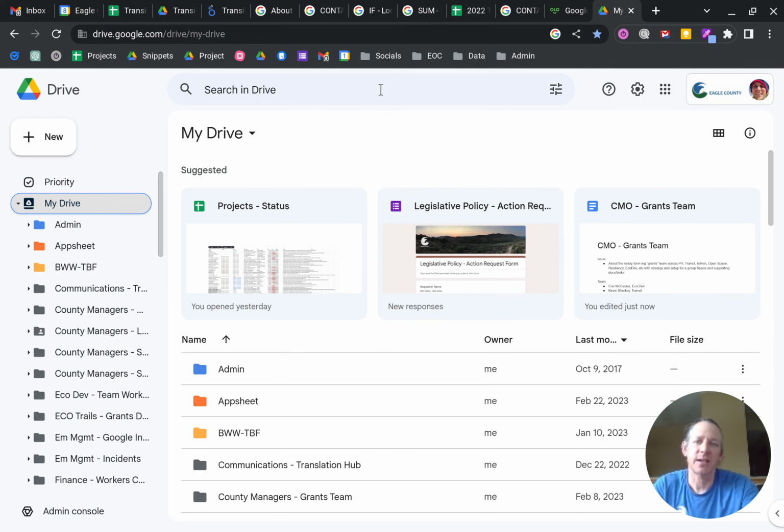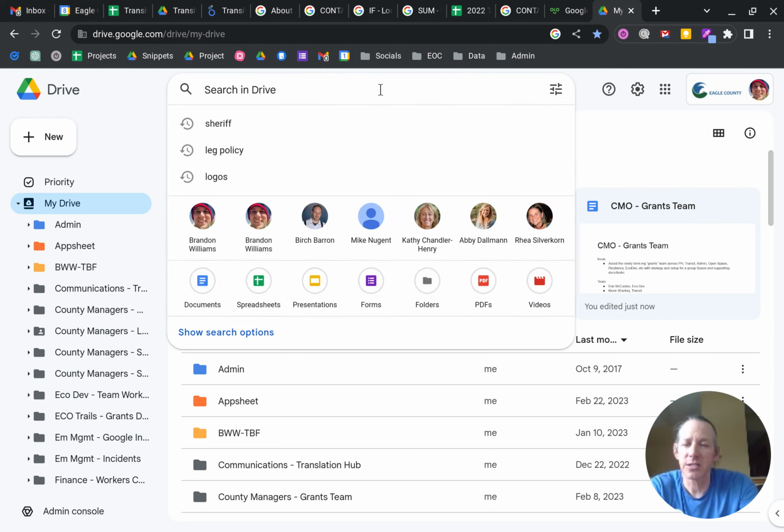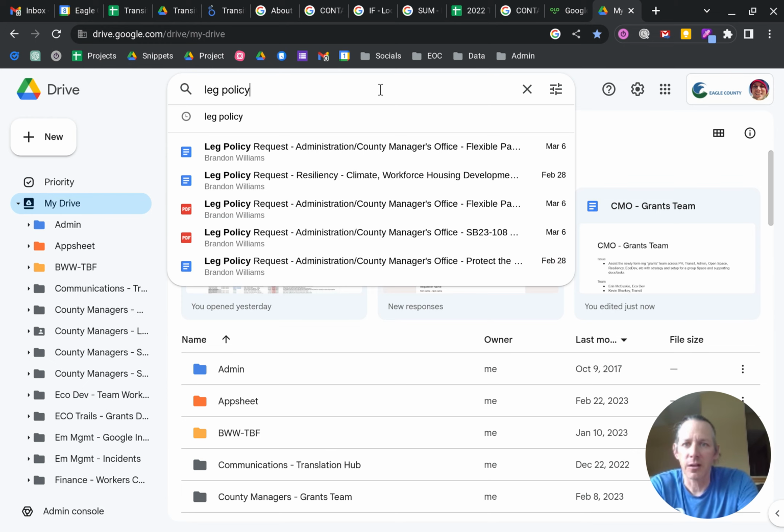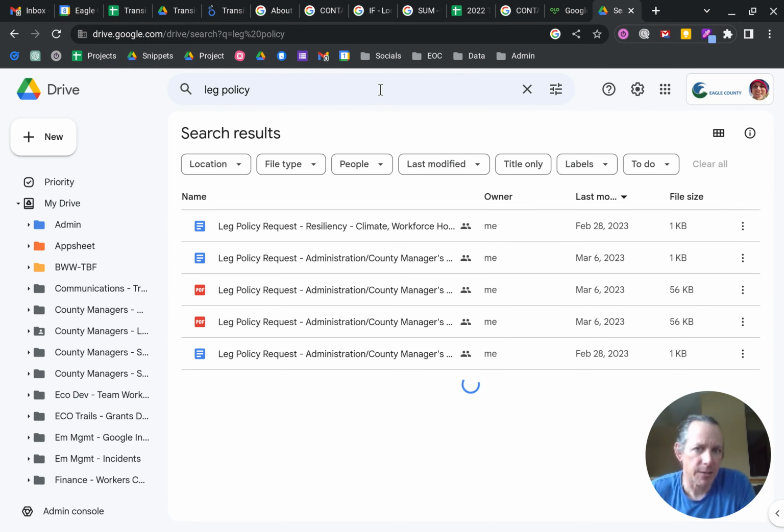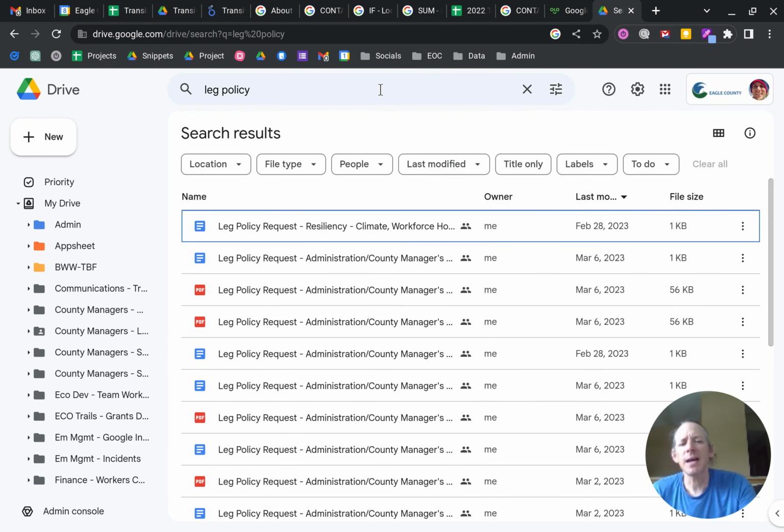start searching. So if I start just typing in, let's say I want to look at legislative policy documents. I type that in, and this is one of my favorite things about Google Drive, which is at the very top, there are these things called smart chips. You can use a combination of these. You can use these in isolation, but basically you can use them to refine your search really finitely to what